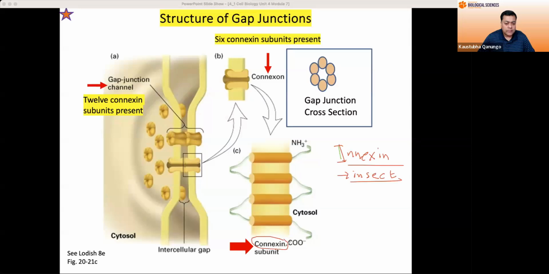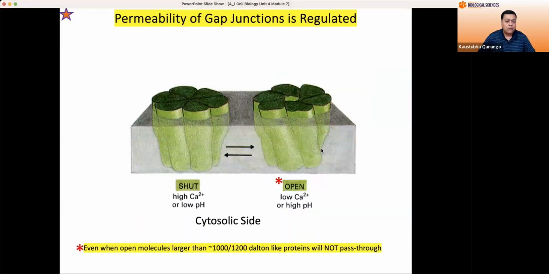This connexin, these are the proteins in all vertebrates. But there is a word that is innexin. You may see that in one of the quizzes. Innexin is in insects, but they also make the gap junctions, where it was studied initially. All right. So now what you have is how you regulate the closing and the opening of the